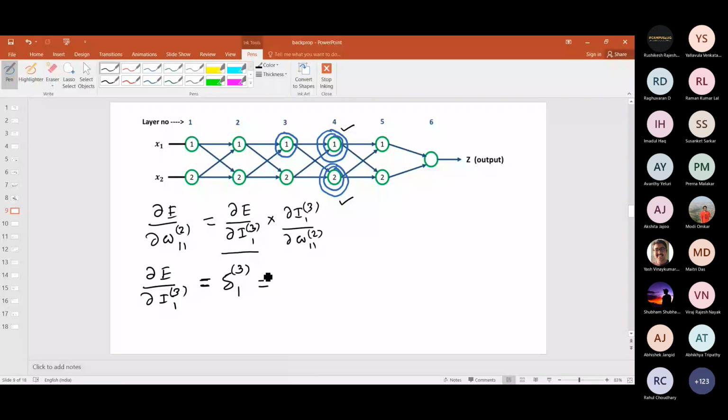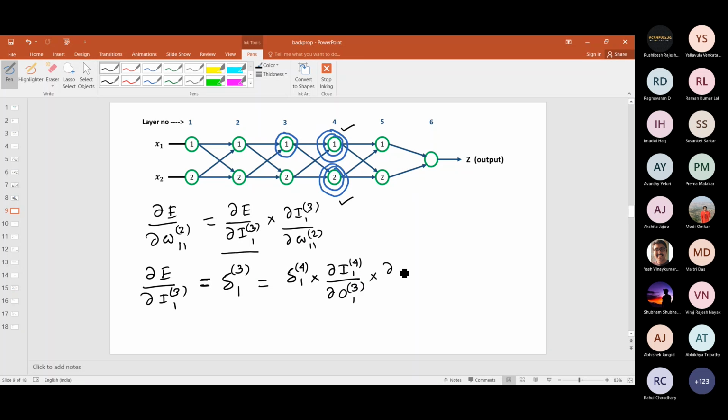Based on the previous expression, this is basically delta 41 into del I41 with respect to del O31